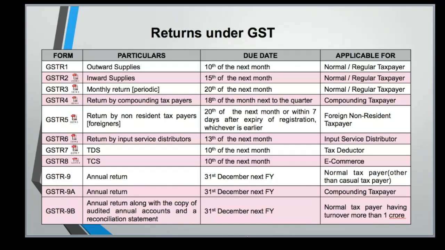They say if you book those bills within 30th of July, we will give you the credit. How will they give the credit? Again, you have to go to TRAN 1. There is a format there. You have to give all details of what invoices and what goods you have received post 30th June, and you have entered in July. You have to give all those details. And when it is excise and service tax, the government will give you as CGST. When it is VAT, the government will give the credit as SGST.